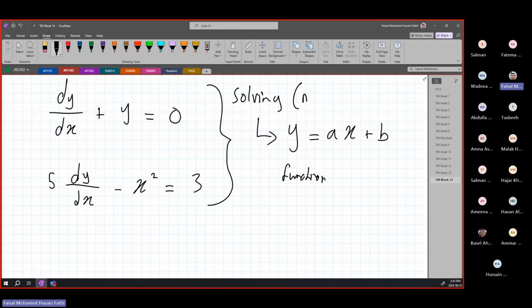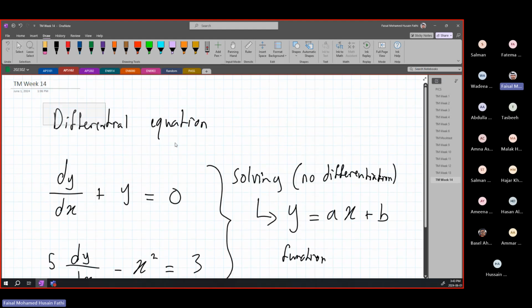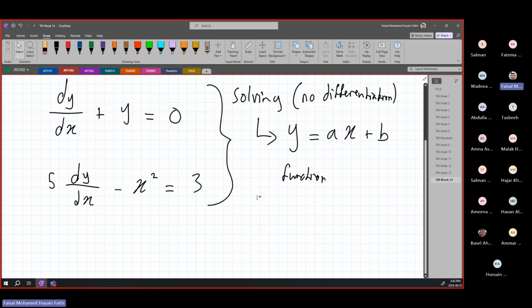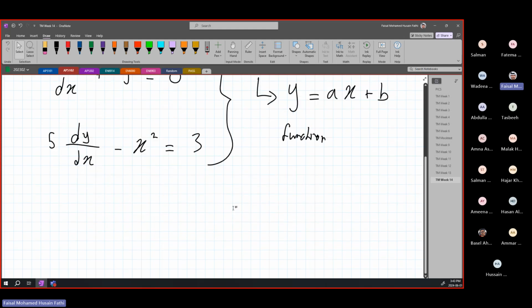So in other words, no differentiation. So we are removing the differential part of the equation. All right, this is what is meant by solving a differential equation. You're going to see this a lot, especially if you're in engineering. You're going to be seeing this almost everywhere, especially in Math 2. You're going to do it in much more complicated scenarios as well. But for now, it is in the most simple and basic form. And if you're good with this, you're going to be good with all the different forms you will see in the future.